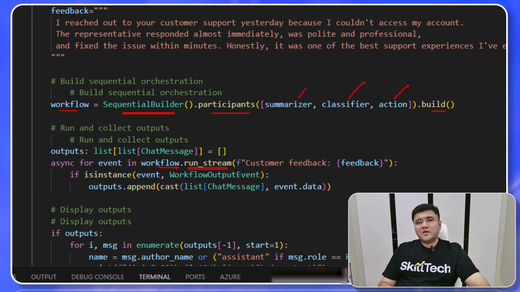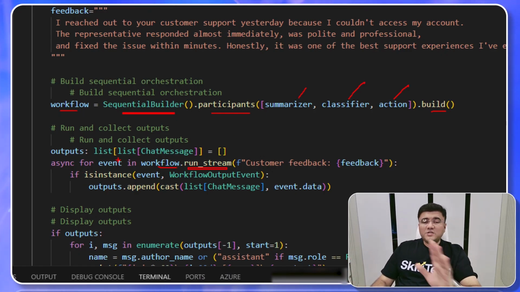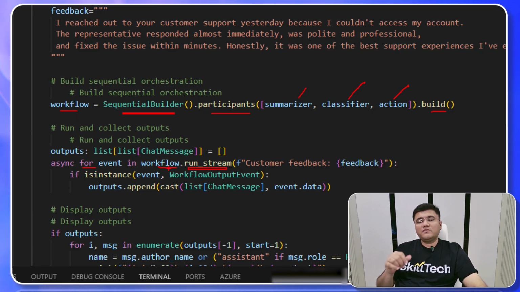This particular function is very similar to your run method for the single agent, but this is going to take the full output of the full execution stream for that particular workflow, which can have multiple events. And that's the reason we are running a for loop. For each event in that workflow, it is going to fetch the output using the workflow output event class, and it's going to print that particular event data so that I can see what exactly response I'm getting from each agent